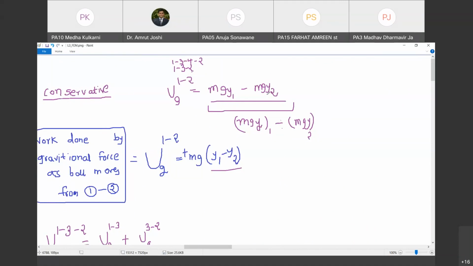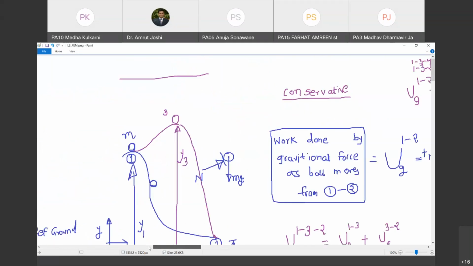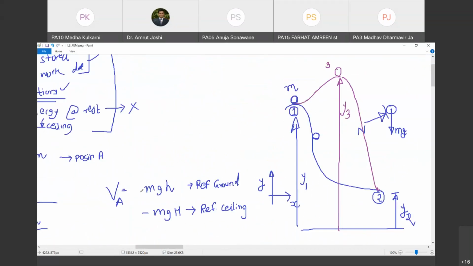For conservative forces, and that remains preserved irrespective of the reference that you have chosen. Happy? So point number 1, potential energy doesn't have any physical meaning. Point number 2, change in potential energy from point number 1 to point number 2 gives you the work done by the force for which you are writing the potential energy. समझ में आ रहा है? तो अगर पोटेंशियल एनर्जी का आपका आंसर mgh है, that is useless. That is potential energy associated with gravitational force. आर यू विथ मी?